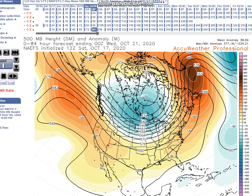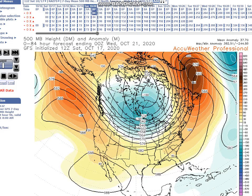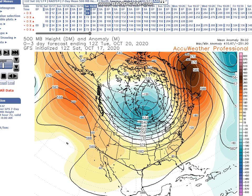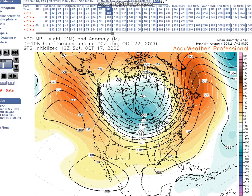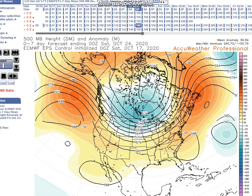I clicked on to the long-range weather forecast discussion for October 20th through November 3rd. The pattern hasn't changed much since yesterday. We still have a ridge over the East Pacific, across the west, above normal heights across the southern U.S. We also have strong positive height anomalies near Greenland, a ridge along the East Coast, and a trough or upper low over Hudson Bay that extends into the northern states, and the pattern doesn't change very much. We go to the end of the period, see what the pattern looks like,